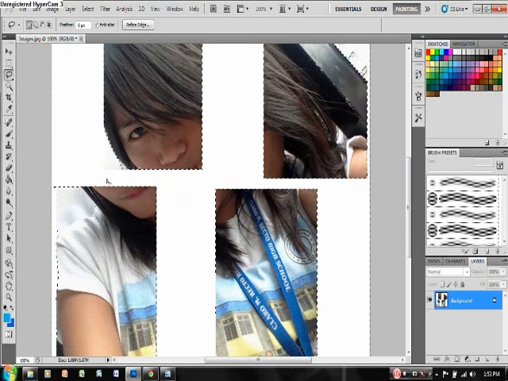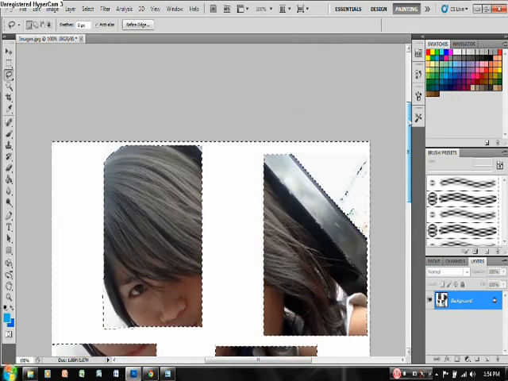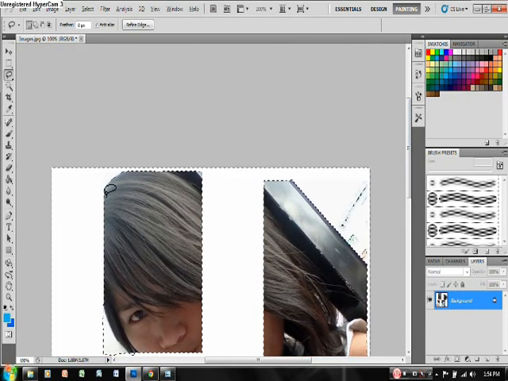Then let us do this in the other one. Hold again the Alt key. Drag it again. Okay, release. Then do again another part. Hold again the Alt key. Okay, release.